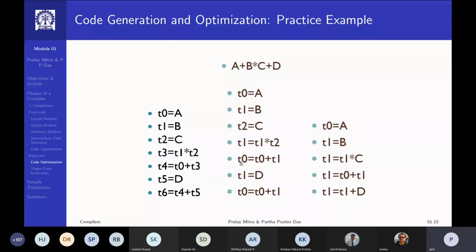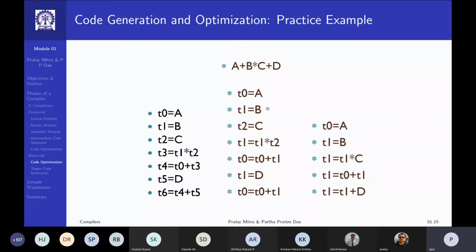And T1 has already been used, so T1 is not needed anymore, so you can free up T1, T5 and use T1, and finally you can free up T6, use T0. So you can see that by the simple logic of whether a variable is needed any further or not, I can simplify and reduce the number of temporaries.